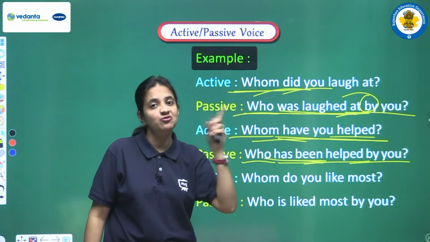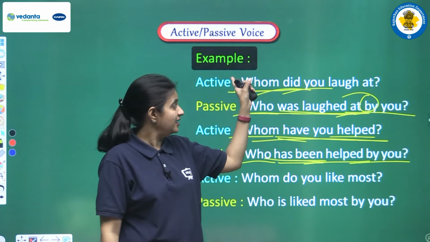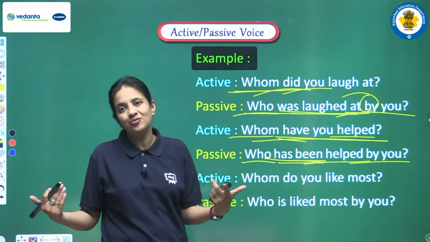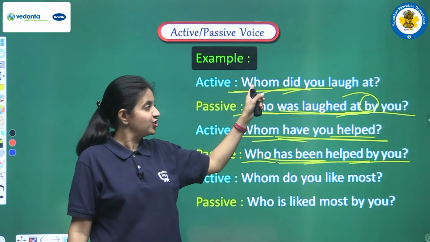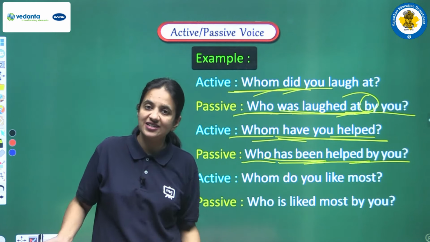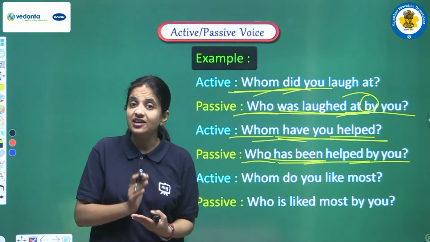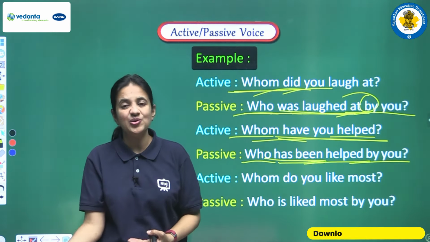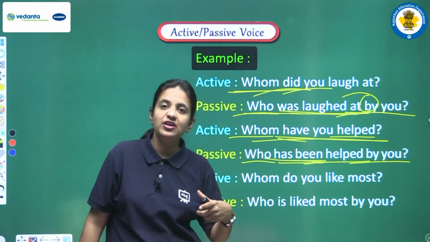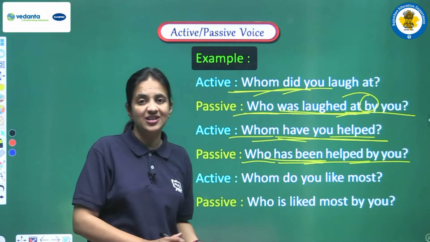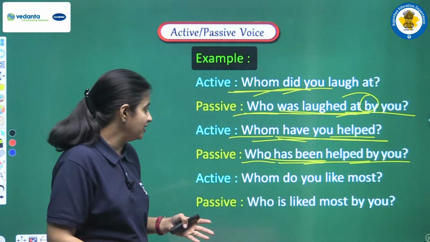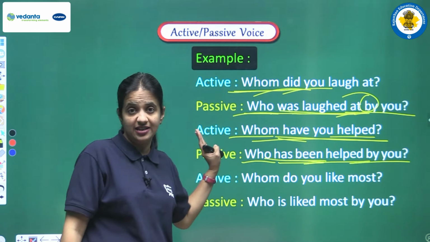So students, observe one thing very carefully here: in all these sentences we have no object actually. Why do we have no object? Because when we have a question with whom, obviously the object is the answer, right? Just like the sentences we did with who, there was no subject in those sentences. Why? Because the subject was the answer only. And now when we have whom as a question word, we have no object because the object is the answer only. Okay, so this is a very important difference that you have to learn very carefully. So now we have no object in the sentence, right?